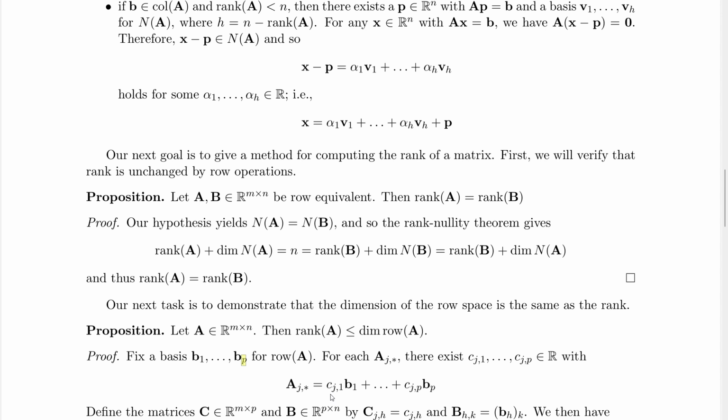And create a matrix. Note the matrix would be a P by N, because these things live where? They live in the row space of our matrix, and each element of our row space has N things in it. Alright, well, if you let C be the matrix formed by the coefficients, and we let B be the matrix formed by smashing these columns together, well, that means each row of A is just a linear combo of the